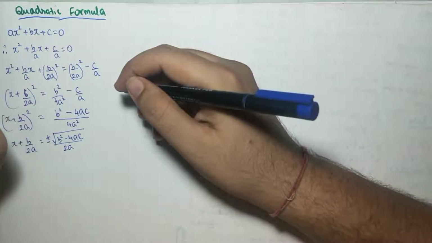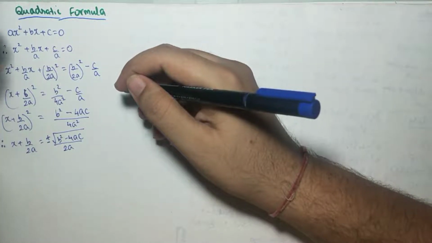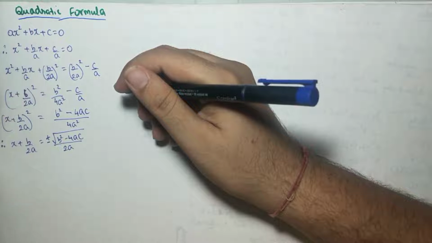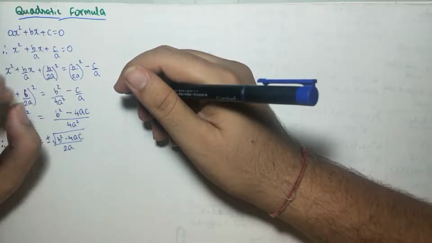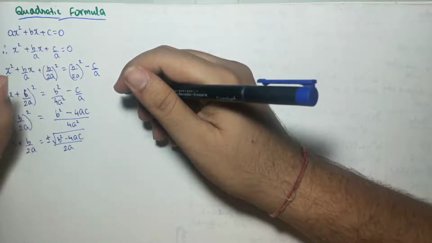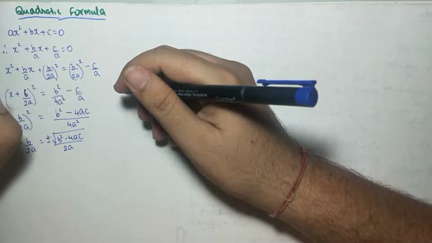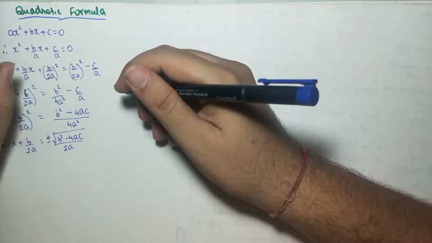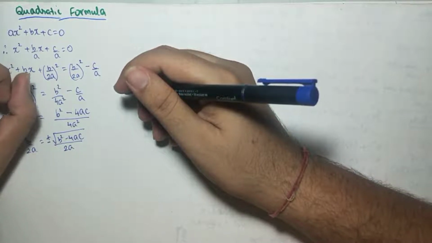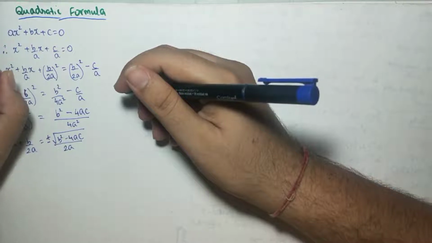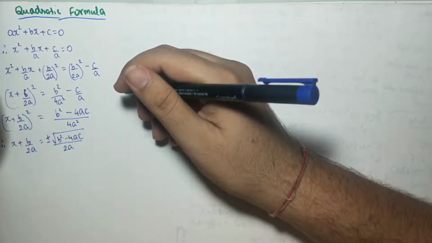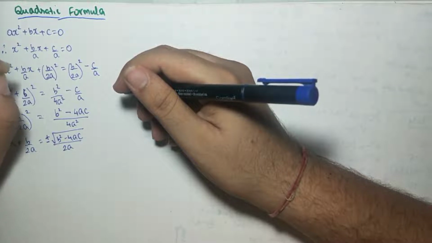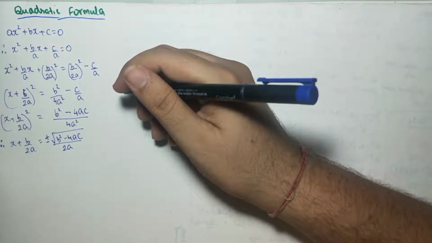Think of any perfect square. Let us think of a perfect square, 9. Think of any perfect square. Suppose 9. 9 is the square of which number? 3. Is it only 3? No. 9 is the square of 3 as well as minus 3. Minus 3 squared is also 9, and 3 squared is also 9. So, if I want to find the square root of 9, it may be positive 3 or it may be